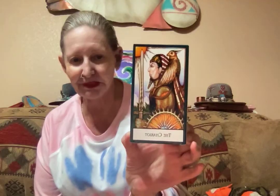Good afternoon. I've got a couple of new decks that I'm going to show you. The first deck is the new Palladini Tarot. There's the back of it. Now, this is the same person